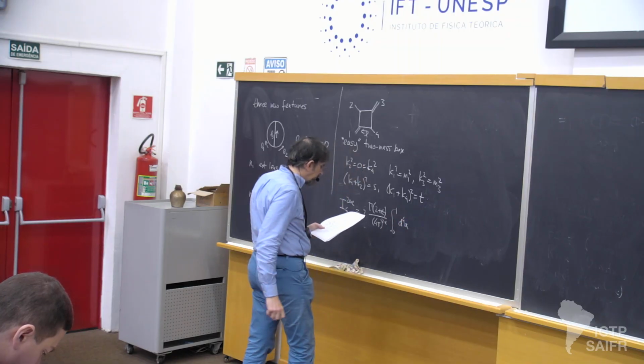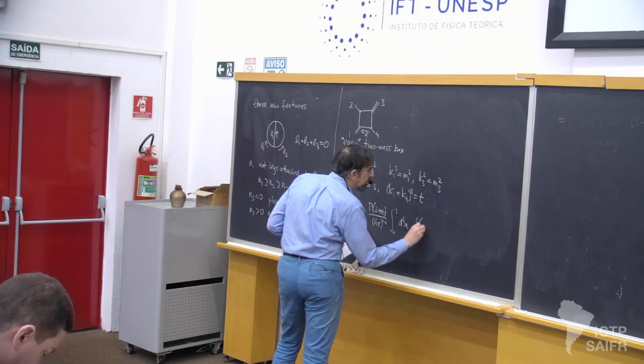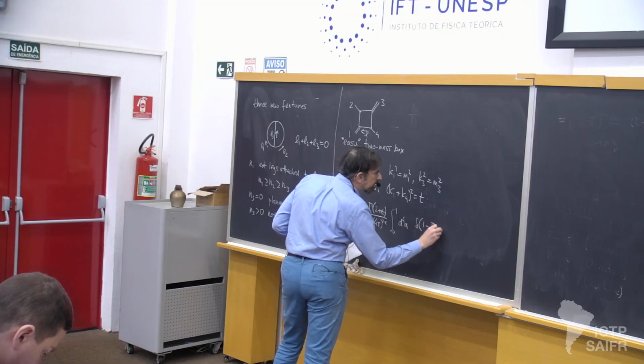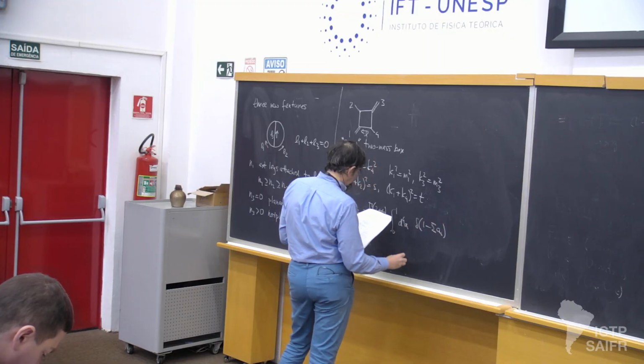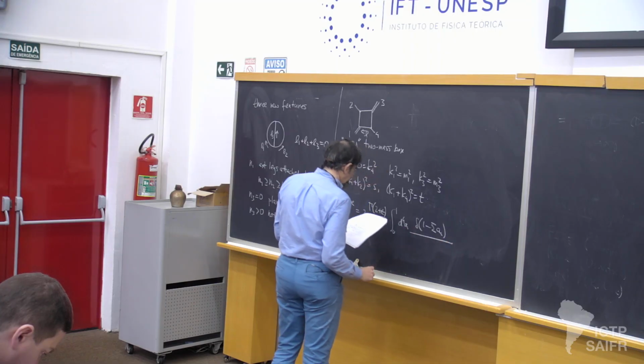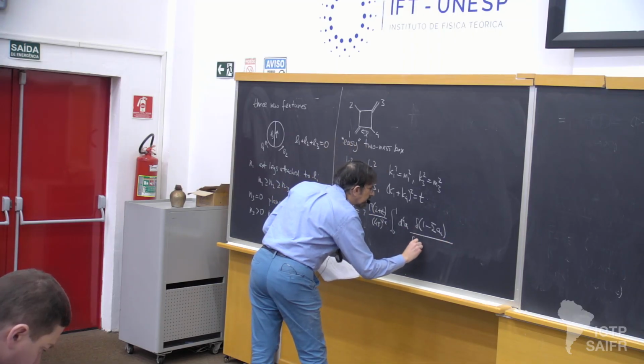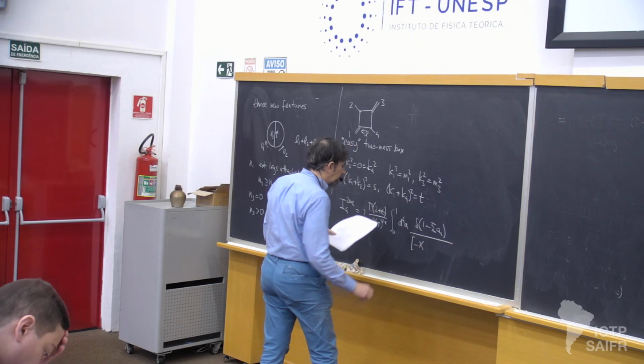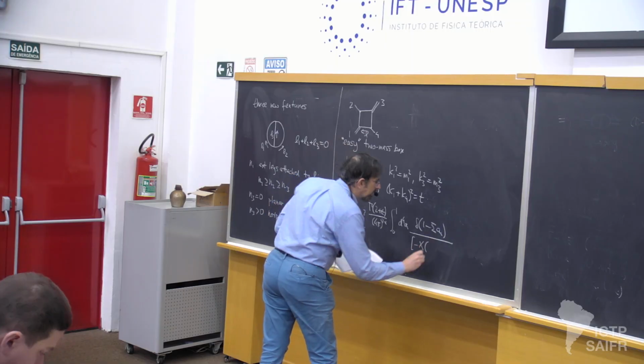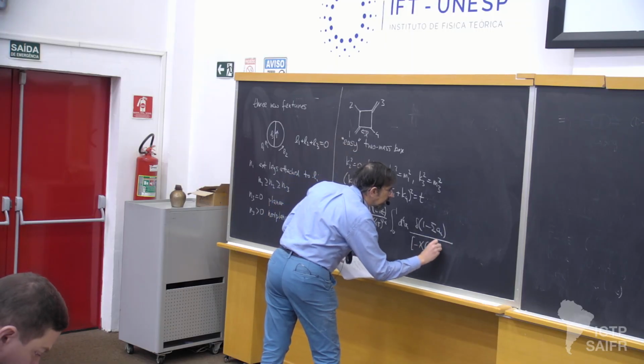The Feynman parameters we'll call a's, and of course, they sum to 1. And then we have a certain quadratic polynomial, which I'll call x here, which is a function of the